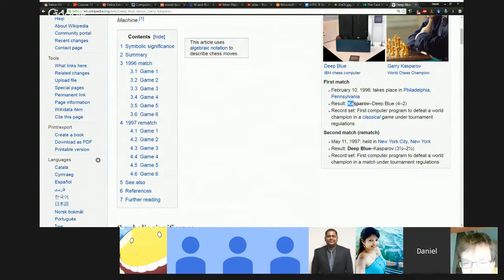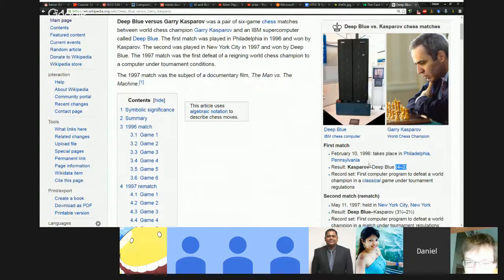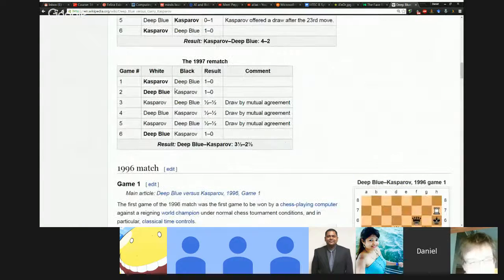After that tournament, Kasparov's like, look, we're not anywhere close to a computer that can beat a human being at sustained chess. I mean, they're clever, they can play some good games, but the kind of skill required to defeat a grandmaster at tournament level is just not there yet. So the next year, IBM comes back and challenges Kasparov to the game again. In this match, Kasparov wins the first game, and after this first game, they have a press conference where Kasparov again says that he doesn't think that it's time yet. It might be another decade before we have chess-playing computers that are good enough to compete with humans at the grandmaster level. And then game 2 happens.